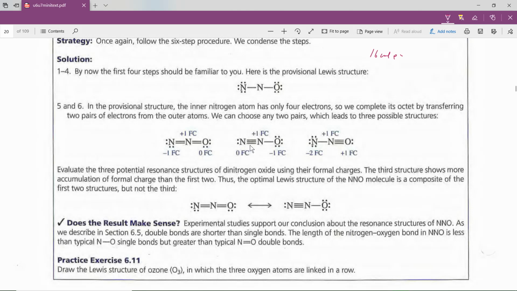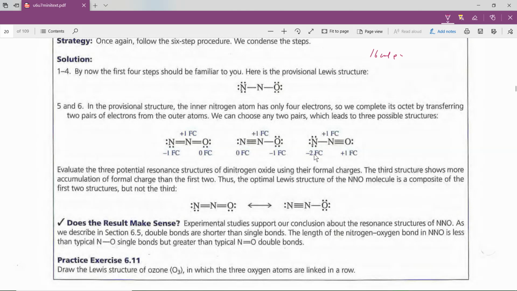Then I could make it an NN triple bond, and here I have an NO single bond. So 2, 4, 6, 8, 10, 12, 14, 16. So nitrogen on the left is 5 minus 3 minus 2 is 0. In the middle is +1, and at the end is -1. And then on the left I could have a nitrogen-oxygen triple bond, and so I could have 5 minus